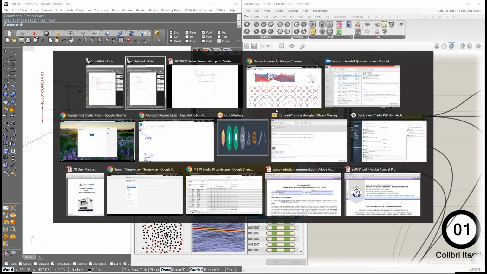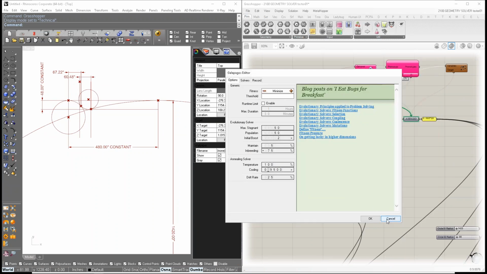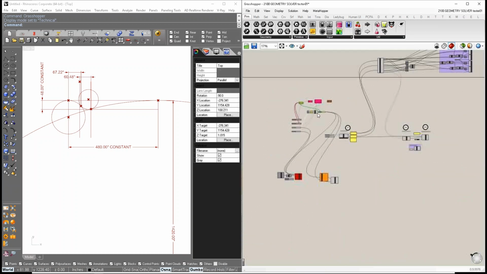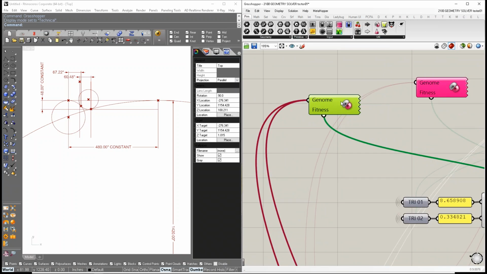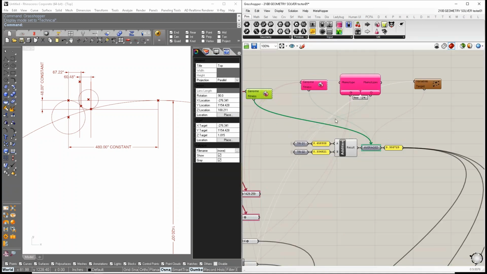So let's jump back to this other one here. Let's see if we can get it. Okay, here we go. So that's Galapagos, and that's the one that comes with Grasshopper. And we'll do a completely different tutorial about Octopus, which is a multi-fitness solver. And the difference between Octopus and